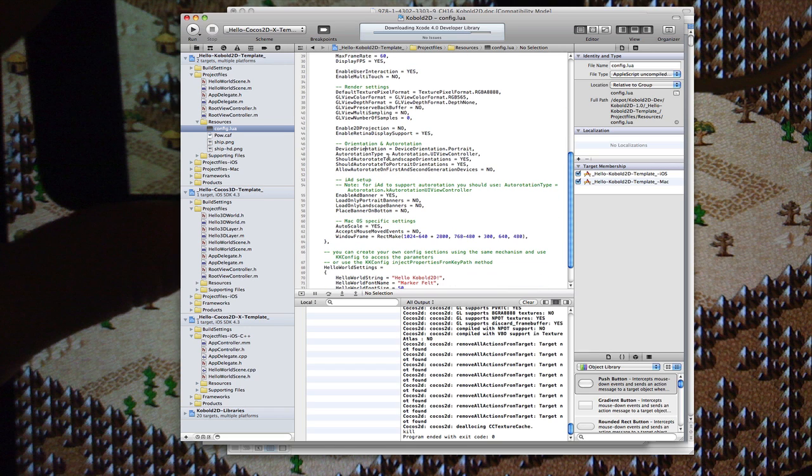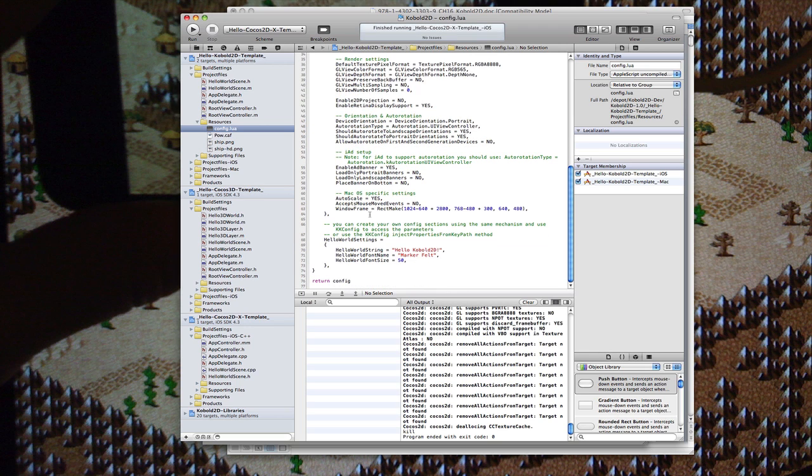You can also define which type of auto rotation you want, and which orientation the game should start in, or the app. You also get iAd already integrated, so you only have to enable the ad banner and it'll show the ads. And for macOS, you can of course set some parameters for the system as well. In this case, don't be scared. That's just me putting the window on the second screen, my secondary screen, so you can actually see the window coming up. And you can also define your own